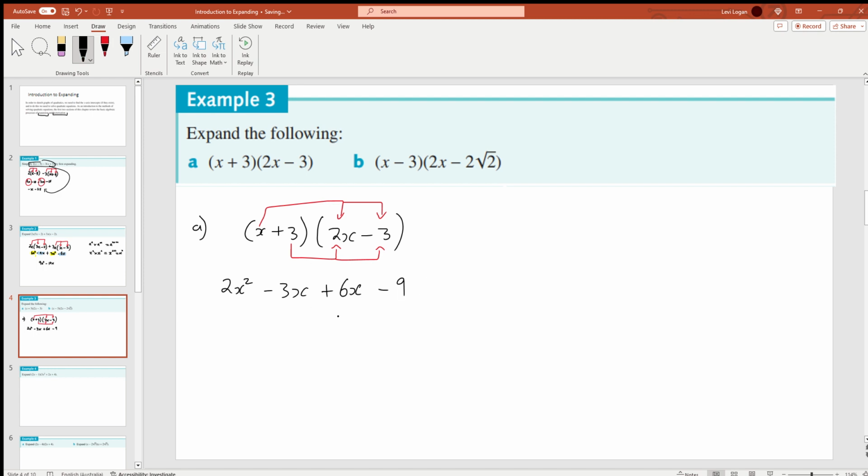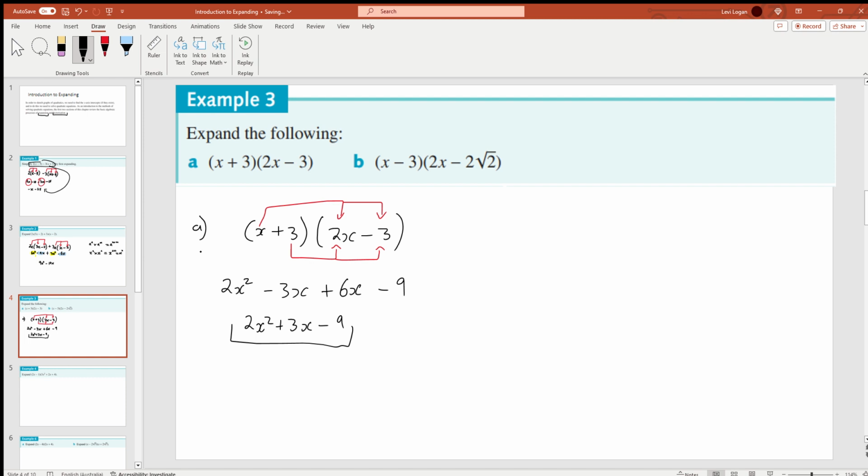Okay. Now we look for like terms, and we can see, all right, 3x can be added with negative 3x, plus 6x can be given positive 3x, minus 9, and then 2x squared. And what we can see here is we've got a quadratic equation pretty much. So we get familiar with x squares in this video because these questions are pretty much preparing us to solve